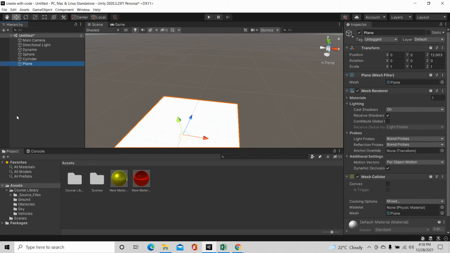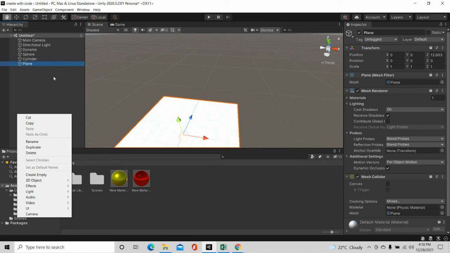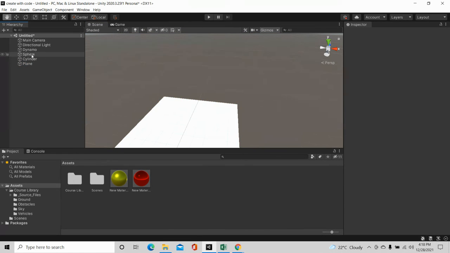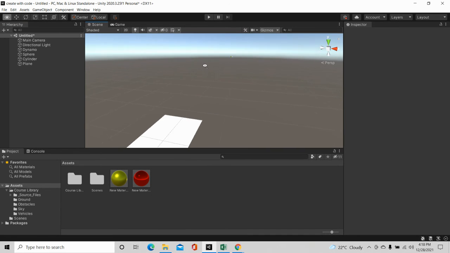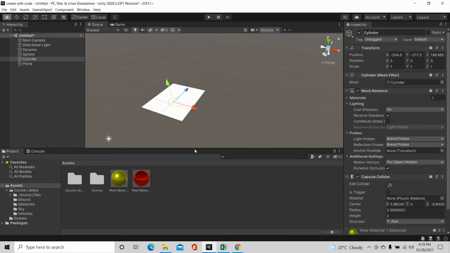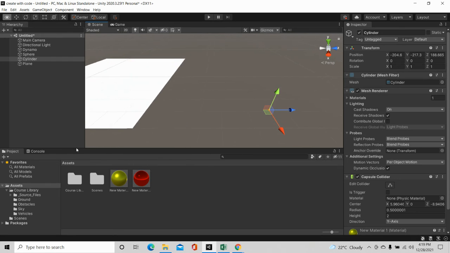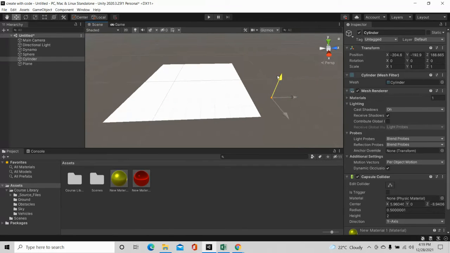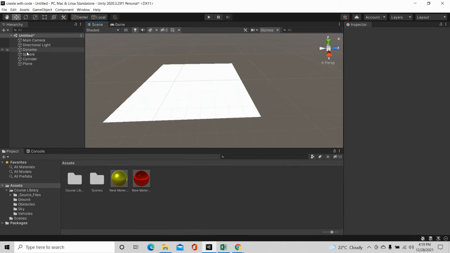We can see that our game objects, like the cylinder, sphere, and dynamo, that is our cube, are floating over there. They have different dimensions compared to this, so we just drag them along here to place them. We place these game objects here.